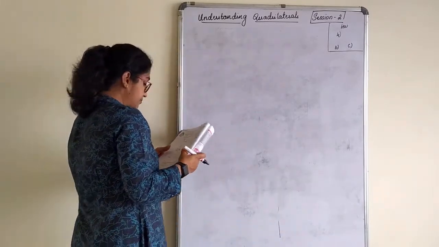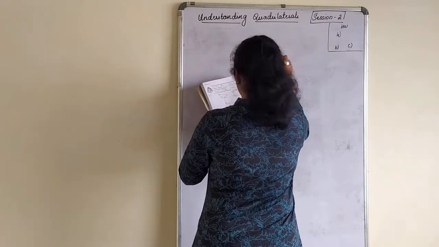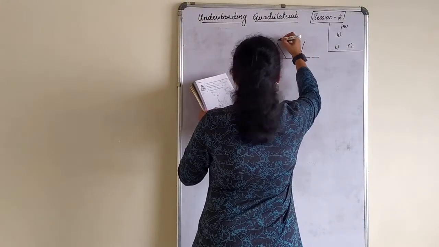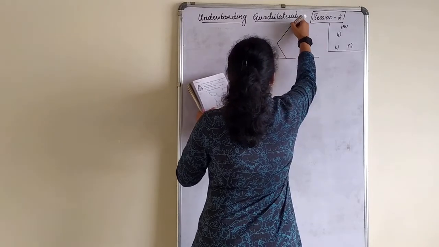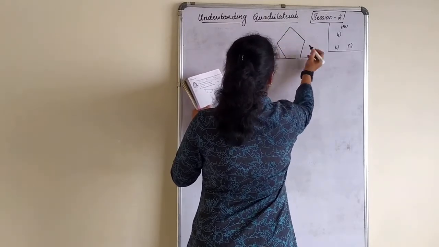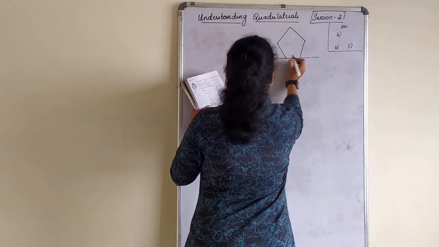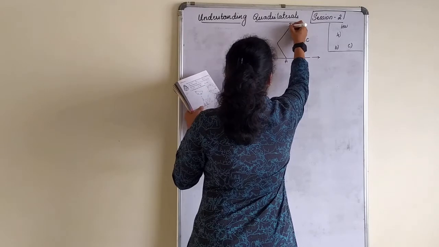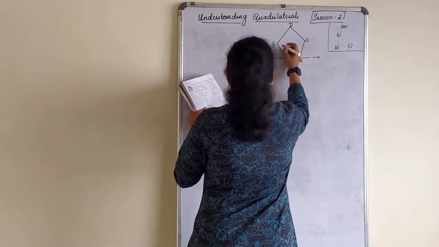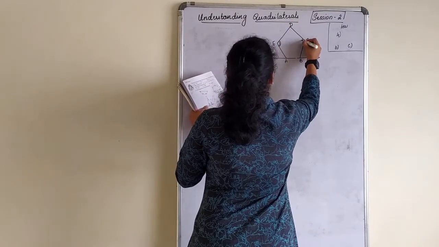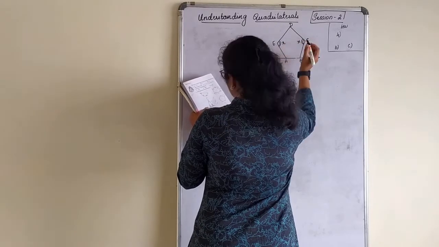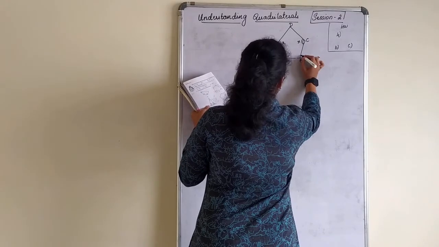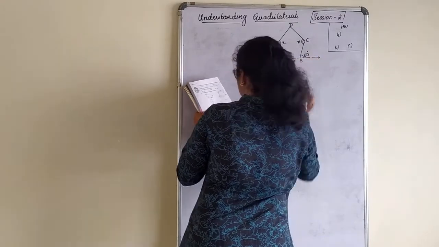Let's go for the third one. Let us first have the figure here. Okay, so 1, 2, 3, 4 and 5. We will name this A, B, C, D and E, wherein they have given angle E is equal to angle X. Both are equal angles. This angle is given as 70 and this angle is given as 60.